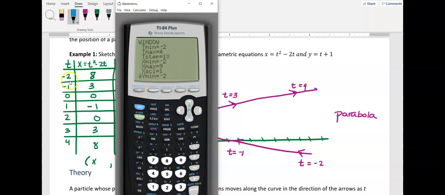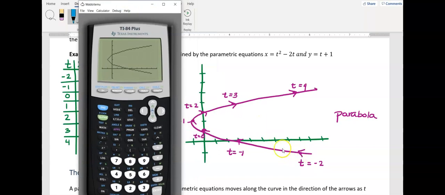Now I'm going to go back to 1 because that's what we started with in ours, and I'm going to graph it again. Now, remember we were talking about the flow of how this graph is going, how the particle is moving, and we started at -2. I need to hit trace first, and then it's starting at the t value -2. If I hit my right arrow, notice it moves to the next t value we had, which was -1,